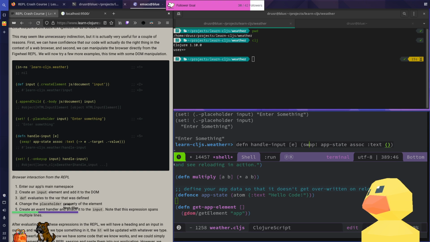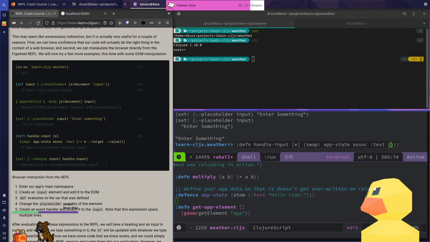And I forgot to repair this real quick. Forgot my beginning parens. Yeah, okay. Swap app state assoc text